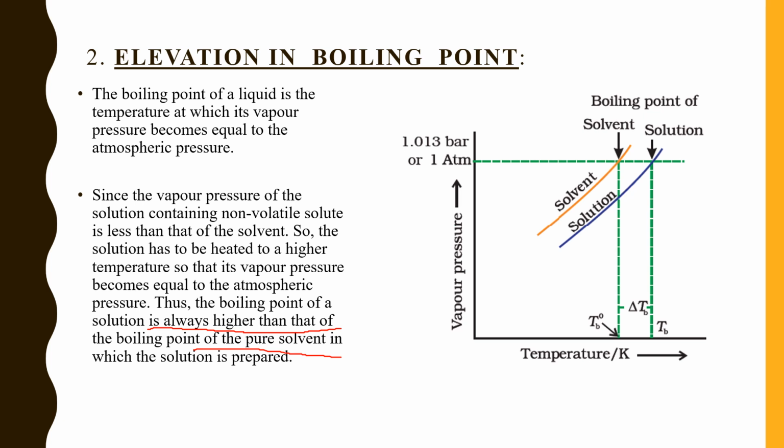तो उसका ग्राफ हम कुछ यहाँ प्लॉट कर सकते हैं। ठीक, तो लेकिन अभी हमने एक चीज डिस्कस करी कि बॉइलिंग पॉइंट वो टेम्परेचर है जहां पे सॉल्यूशन का वेपर प्रेशर और एटमॉस्फेरिक प्रेशर दोनों इक्वल हो जाए। तो इट मीन्स हमें सॉल्यूशन के वेपर प्रेशर को एटमॉस्फेयर के प्रेशर के इक्वल करने के लिए टेम्परेचर प्रोवाइड करना पड़ेगा। एंड एज वी प्रोवाइड द टेम्परेचर टू द सॉल्यूशन, तो जो सॉल्यूशन का बॉइलिंग पॉइंट है वो हायर हो जाता है, किससे, प्योर सॉल्वेंट के बॉइलिंग पॉइंट से।